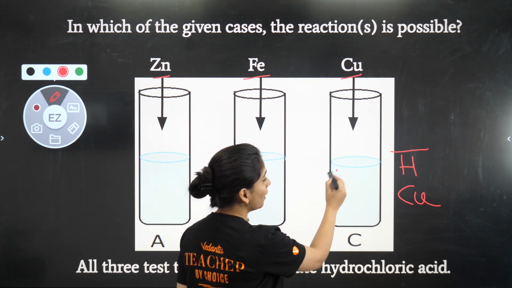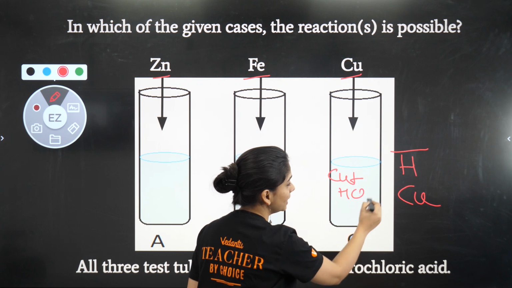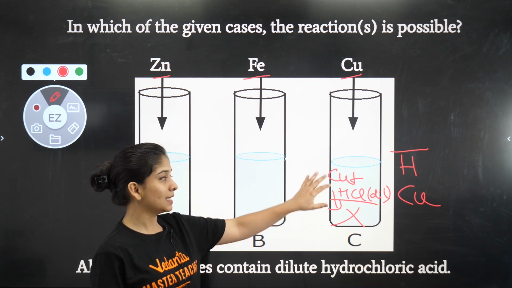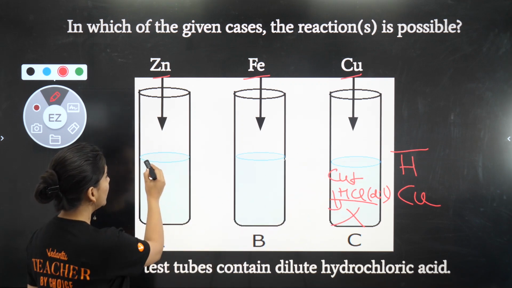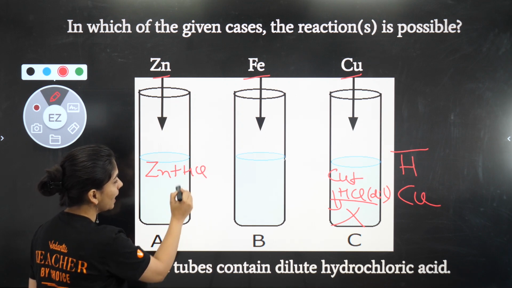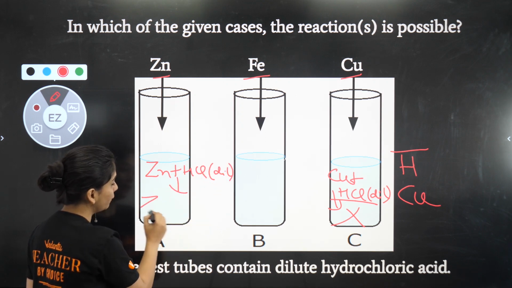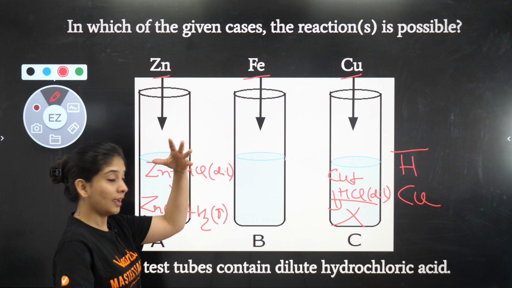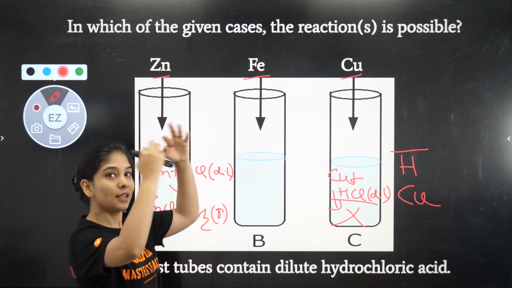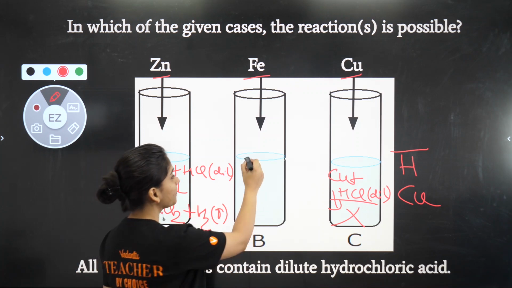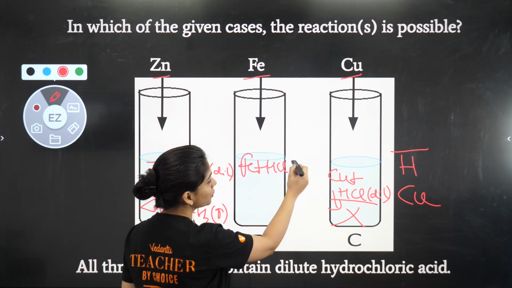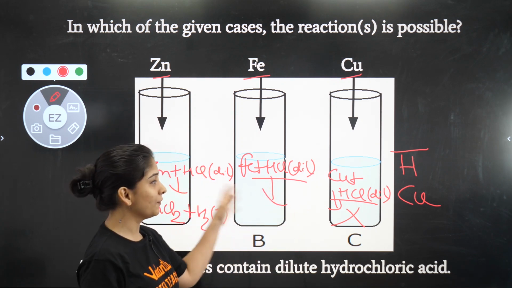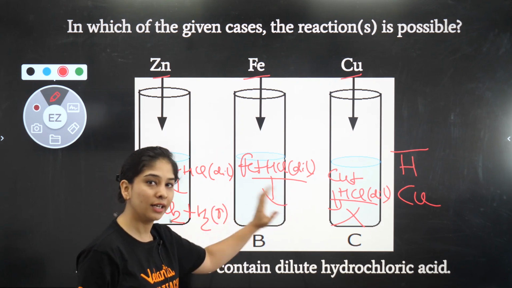That means if I have copper with dilute HCl and I try to react them, there would be no reaction. Means in this test tube there would be no reaction, but in this test tube zinc is going to react with dilute HCl to give you zinc chloride and hydrogen gas. Bubbles will come out, and this sign I can use, means something which is going upward, that is gas only. Quickly just tell me this reaction. Don't worry, if you download the PDF, you can get each and every reaction because I've added that in the next slide.